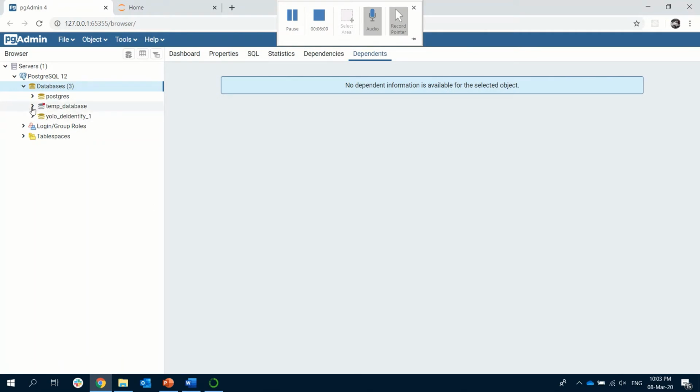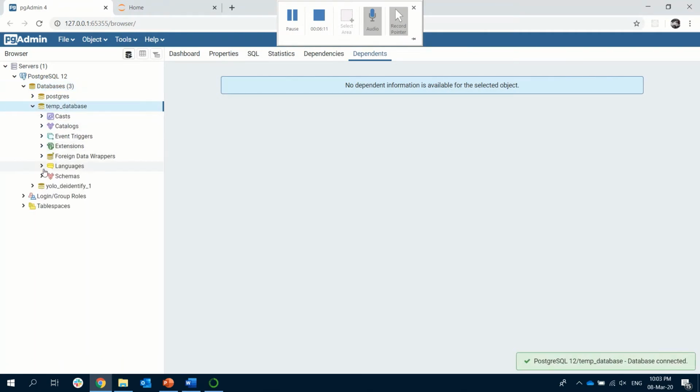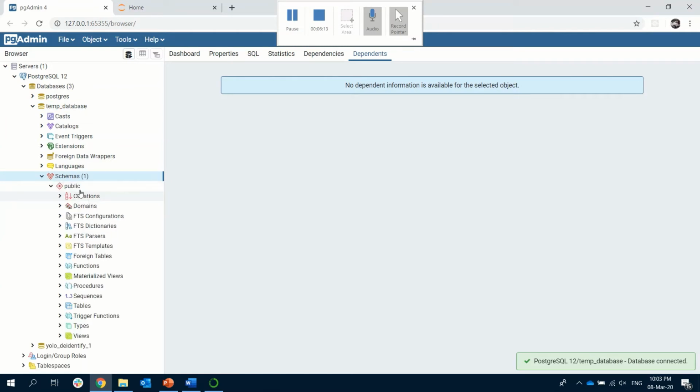Yeah, and here you have it. So your temp database will be created. You can go over to schemas. You can create tables here. So currently there are no tables here. You can either create the tables one by one here, which you can do, but I recommend that you